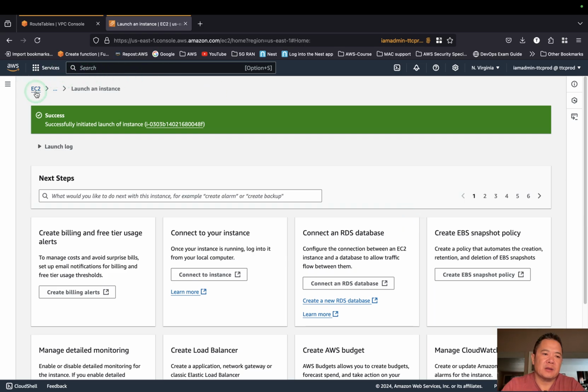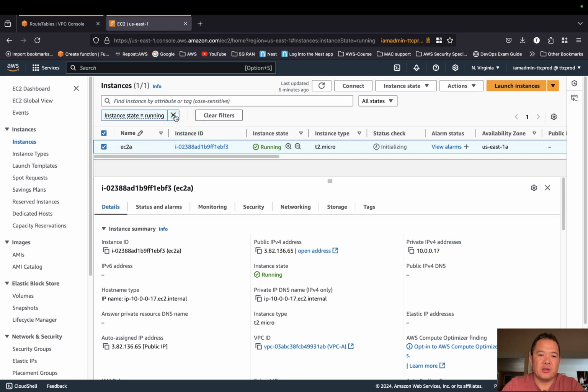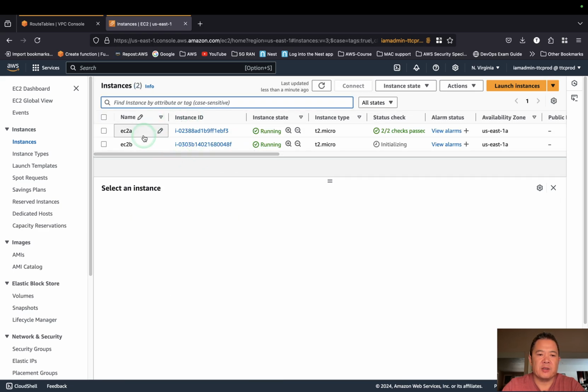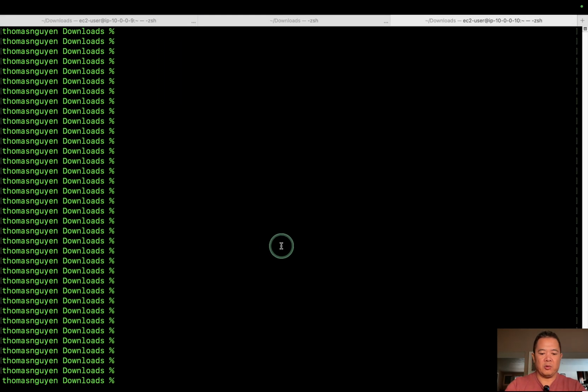Okay, instance is launched, instance running. There should be 2 now. There it is, VPC-A and VPC-B EC2. Okay, great. So now let's see if we can access our EC2A. And to do that, I will need to copy the public IPv4 address of the EC2A, go into my console, and I will say